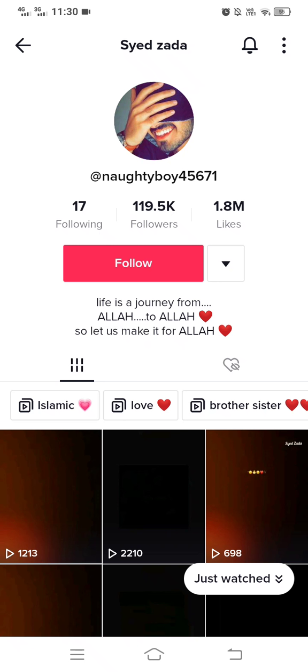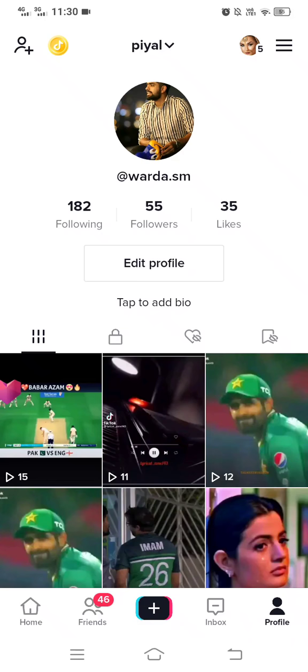To send a message to someone, you must first follow them, and based on their setting, they must also follow you back to send someone a message. If you have already done that and you are still having issues sending direct messages, I recommend reporting the issue to TikTok. To do that, go to your TikTok, you have to click on these three lines